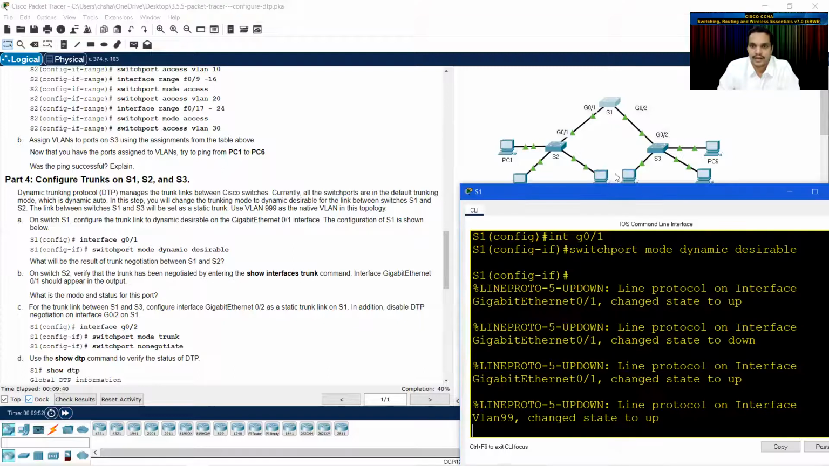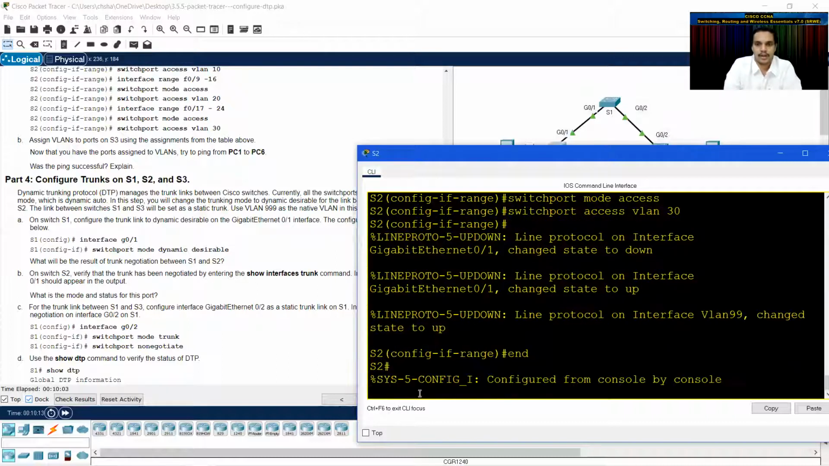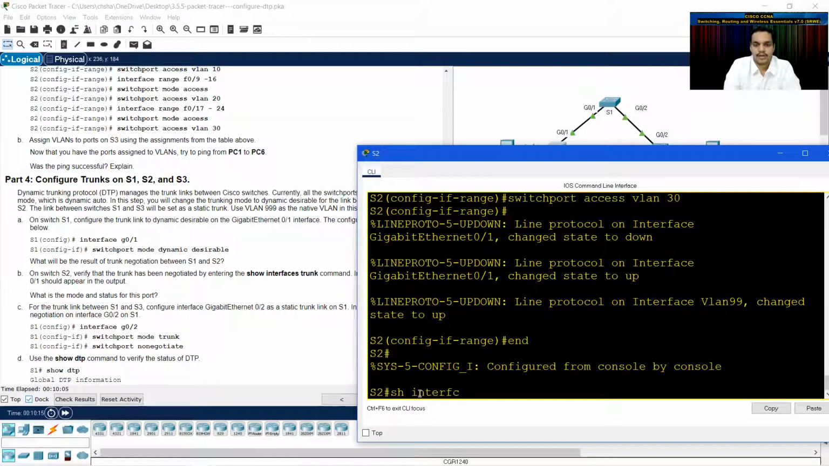Now, once I did this, it is asking me what will be the result of trunk negotiation between S1 and S2. Now, when I type in desirable, when the other link is in auto, automatically it will be in trunking mode. Now on switch S2, verify that the trunk has been negotiated by entering show interfaces trunk. Okay, let me go to S2. Let me type in show interfaces